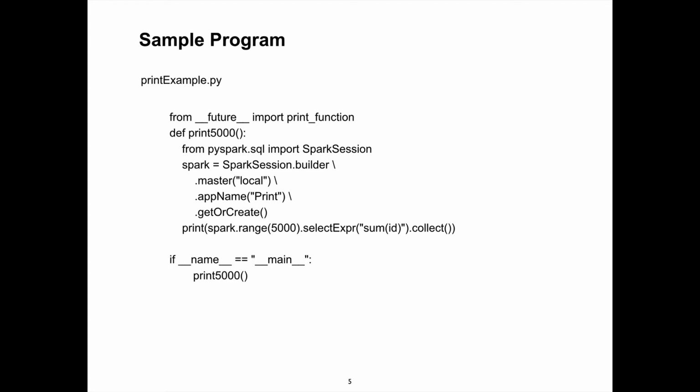That's why we have functions. All I'm doing is creating a session, computing a range and doing something to it, then collecting results and printing that out.